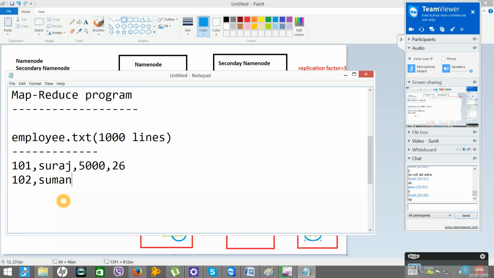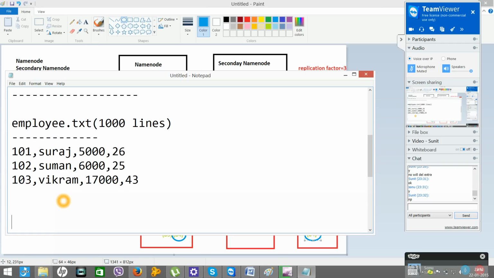Then 102, employee name, employee salary, employee age, then 103. I should respect the senior, let's give him some hike. Now let's assume that we have a similar 10,000 lines,